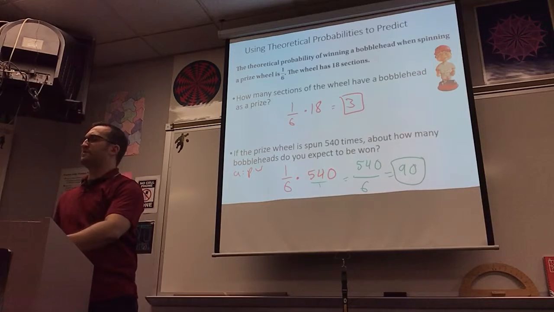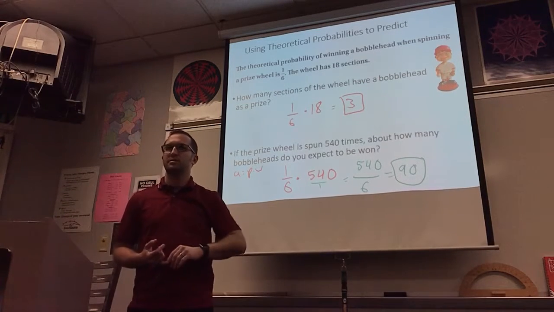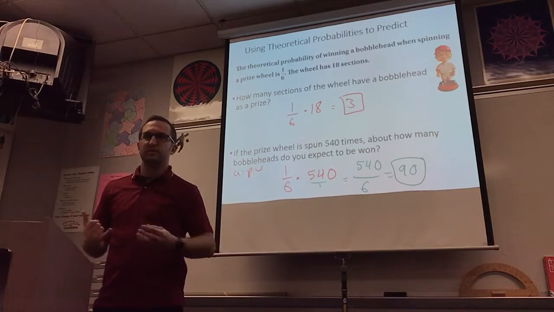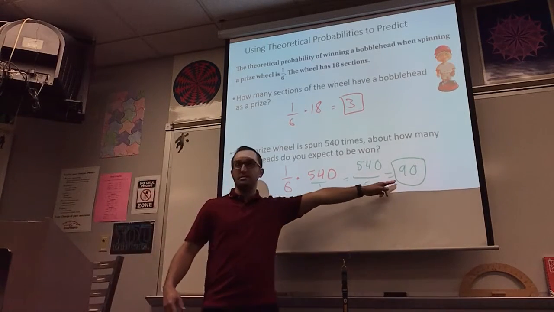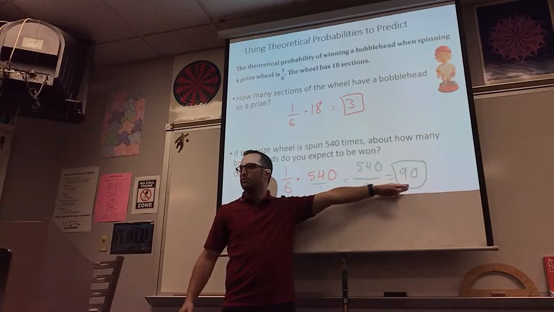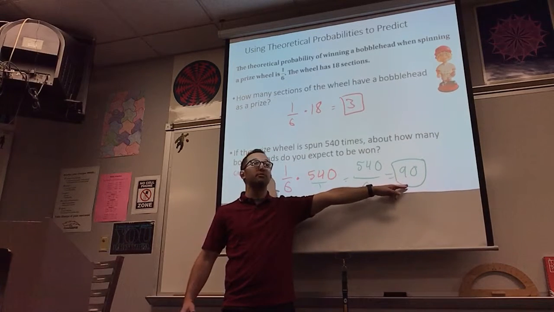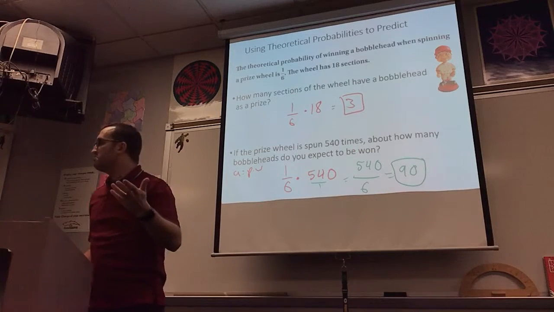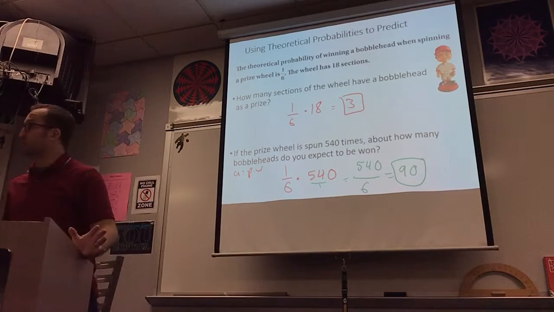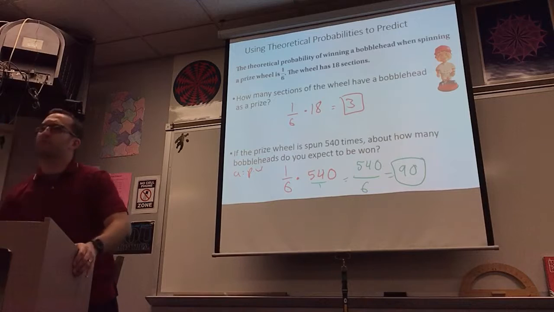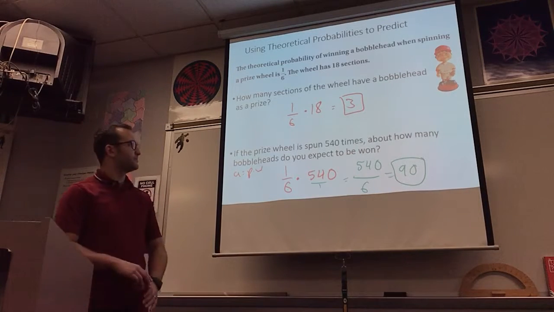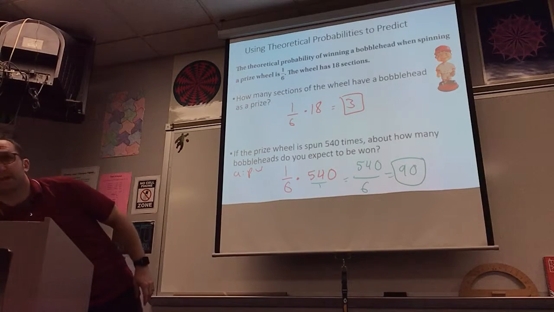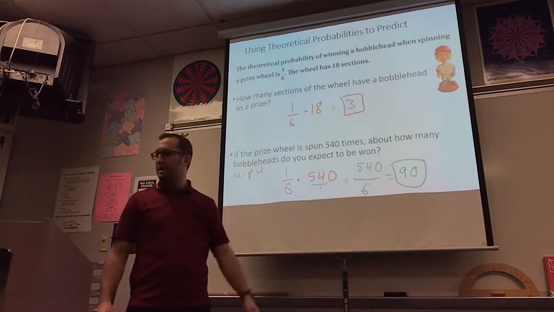So how many bobbleheads do you think the festival should purchase? Like 100? This is a prediction. Is it going to be 90 people winning? No. Probably not. It's a reasonable prediction, though, based on the probability. Probably should buy like 110. 120 to be super safe. There aren't going to be very many more than that. You make predictions by doing multiplication. You take the probability times the number of times it's going to happen.